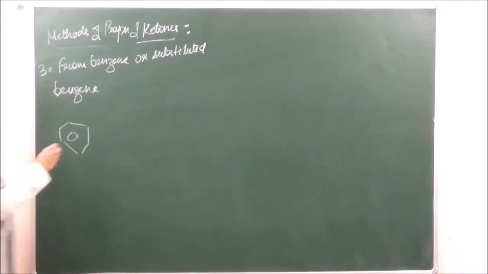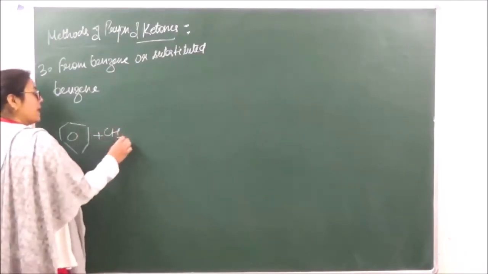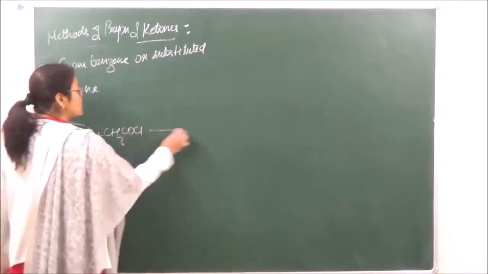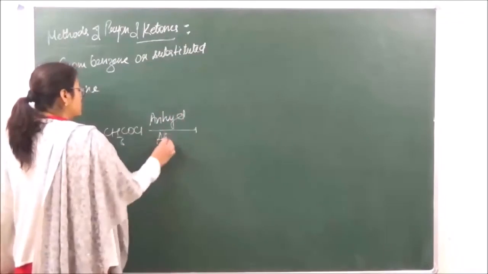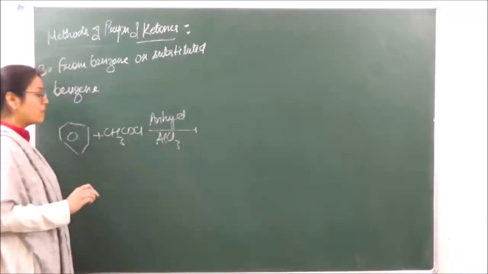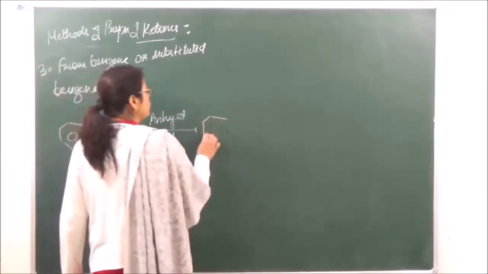So we have taken benzene plus acetyl chloride, which is CH3COCl. Reaction takes place in presence of anhydrous AlCl3 to give us acetophenone,